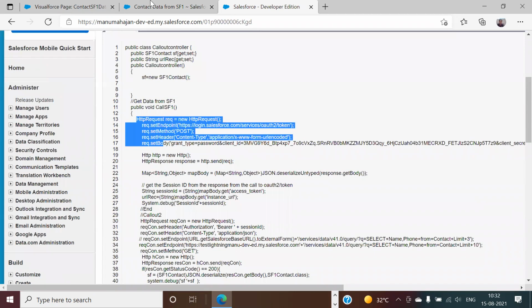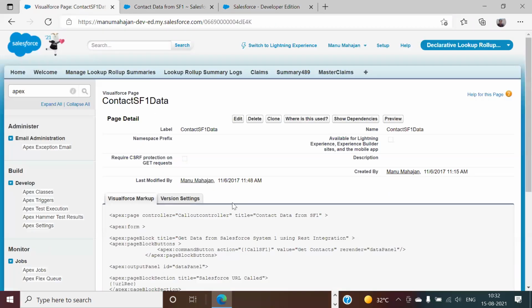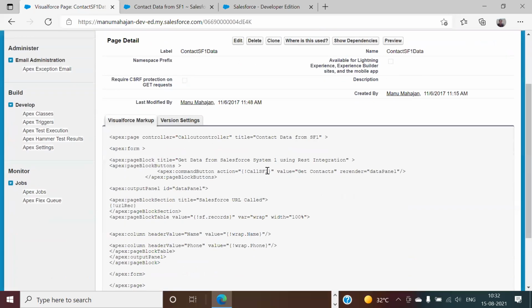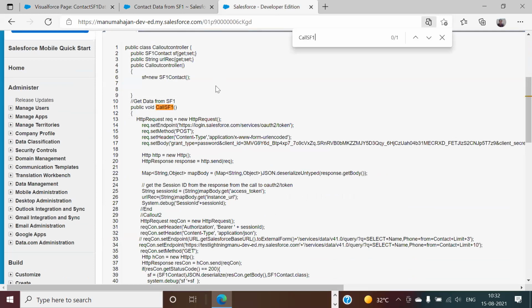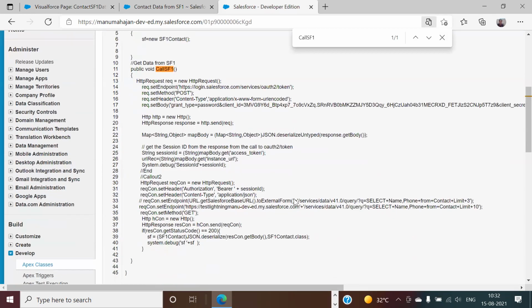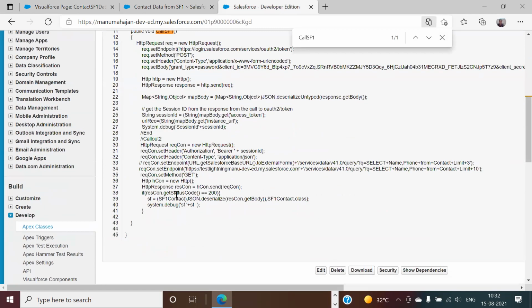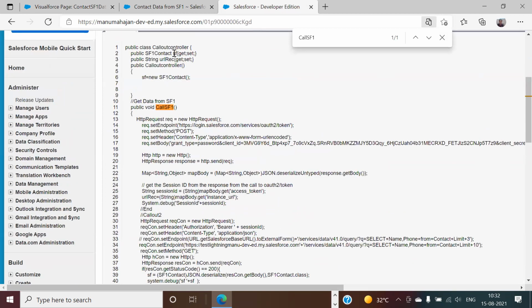So the main thing here is that I have this button called SF1. So all this callout I'm making. After that I'm getting this data into this class, SF content.